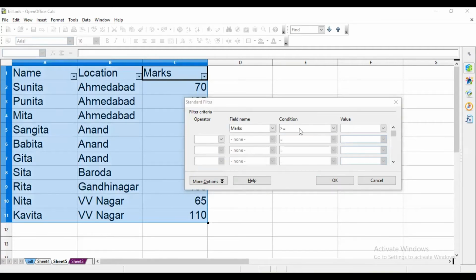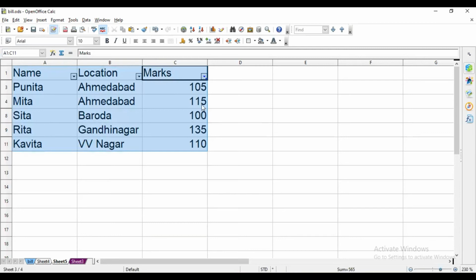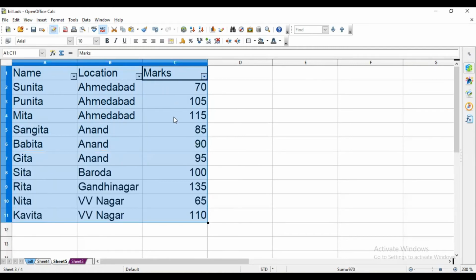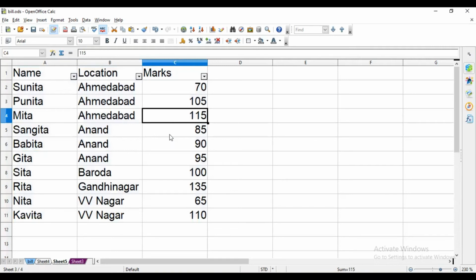And in value, type 100. Value greater than or equal to 100. Now you can see only students who have secured 100 or more marks are visible. So this is the normal filter, the standard filter we can apply.